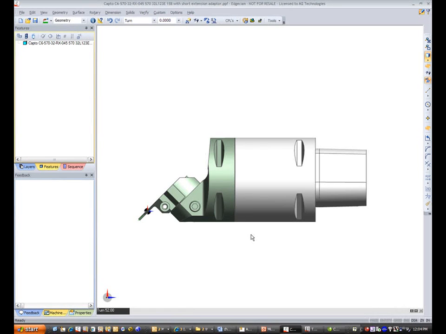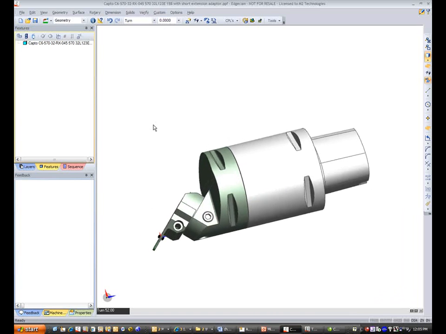We're going to take a solid model of a Capto tool holder assembly and use that as a custom holder graphic for Tool Store. The process begins with first creating a single solid body of all the components of that assembly. So here in this part I have the